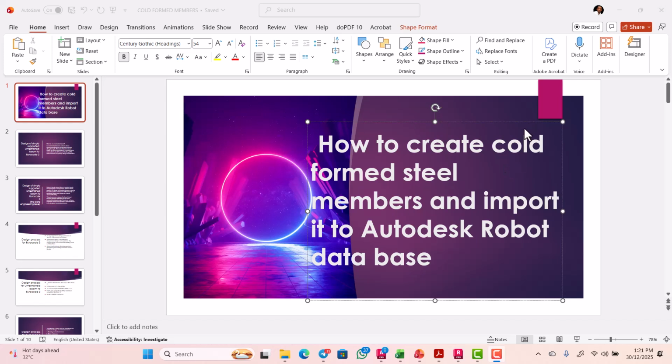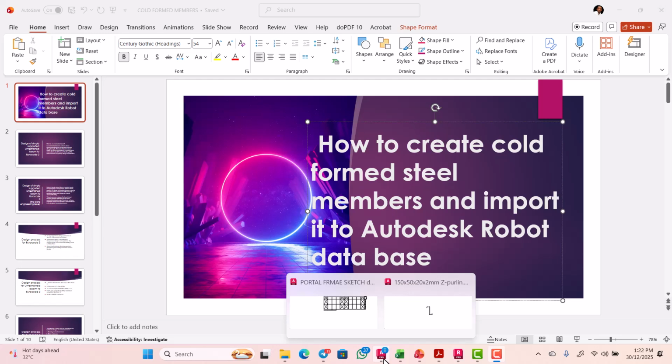So we are going to model the cold form steel in AutoCAD and then save it as an Excel file. When we save it as the Excel file, we will go to the Robot Structural Analysis Professional software and import it into the software and create a material for it, then save it so that we can use it as a section. So that is exactly what this video is all about. So let's quickly go to